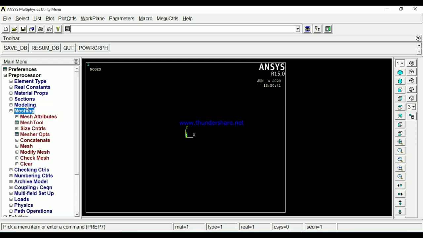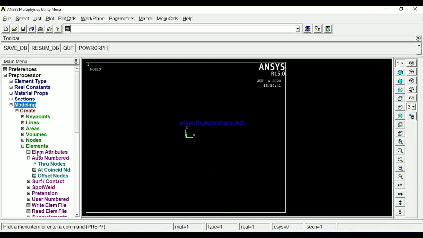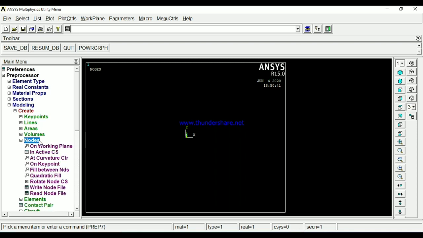Modeling, create. Screen is not visible, sir. Hello friends, screen is not visible. Yes, sir. No, sir. Yeah, visible, no? Please, what to do?